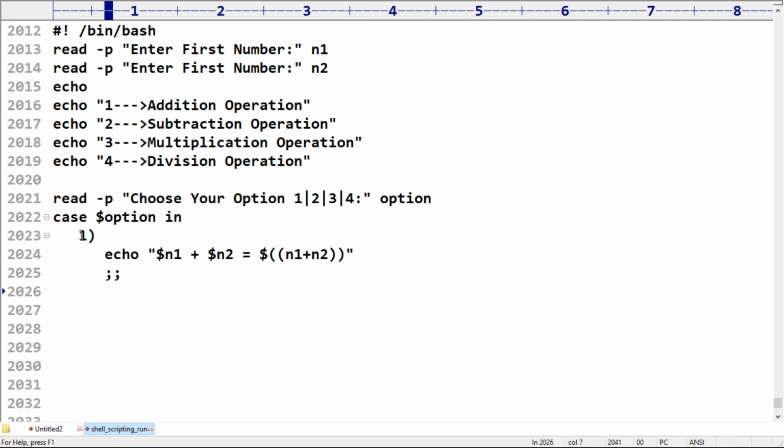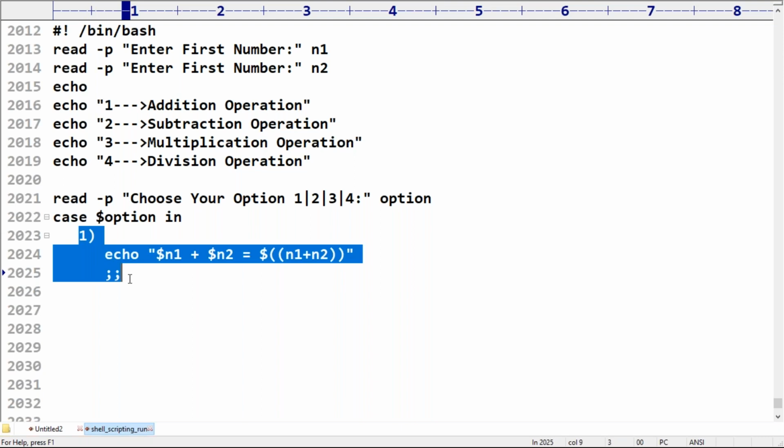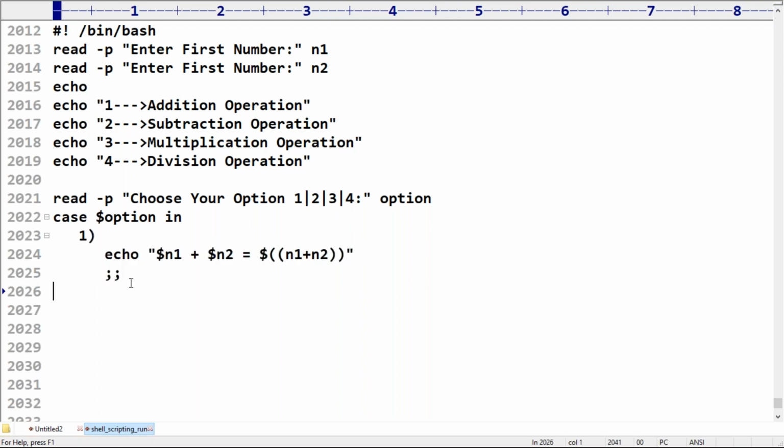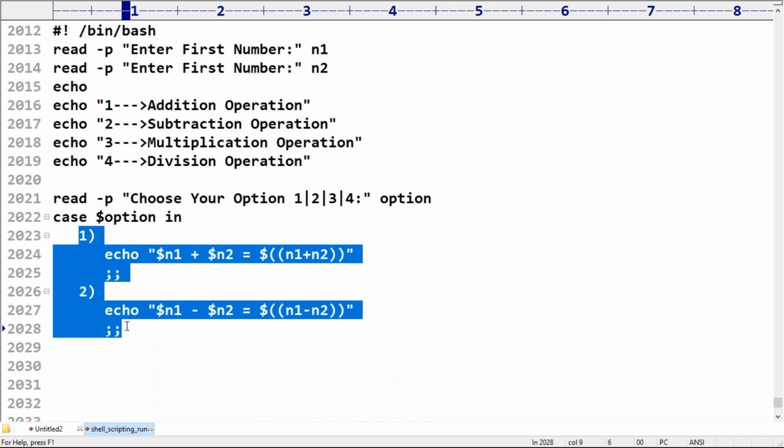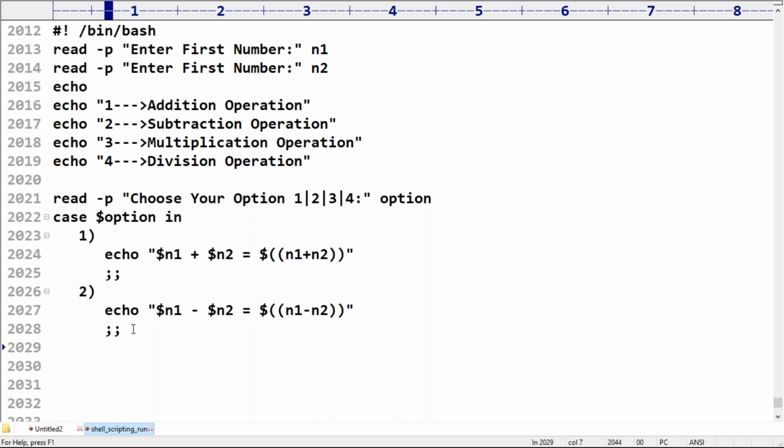Now if I choose option 2, observe that we require to take echo with minus, the difference, the subtraction operation. Then the third and fourth options.